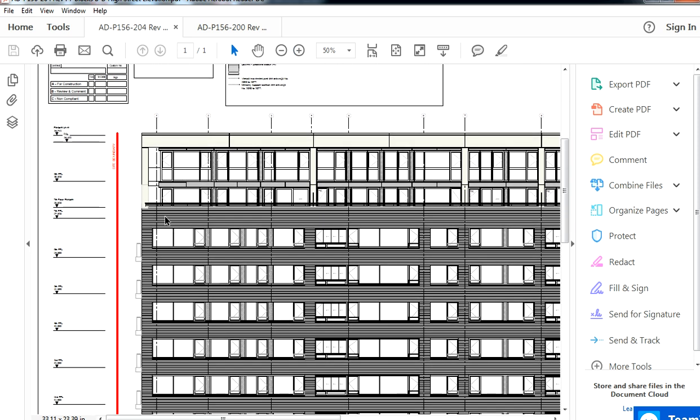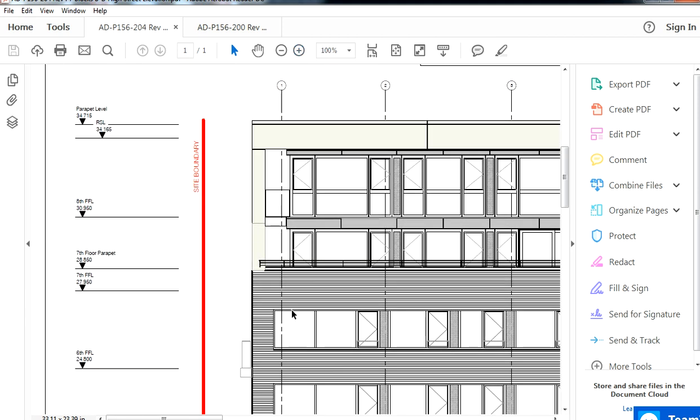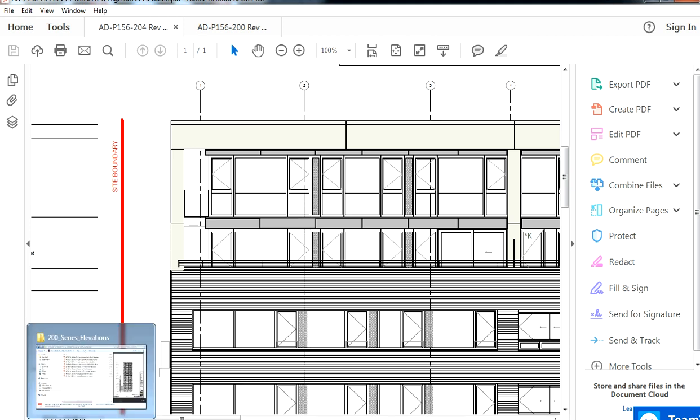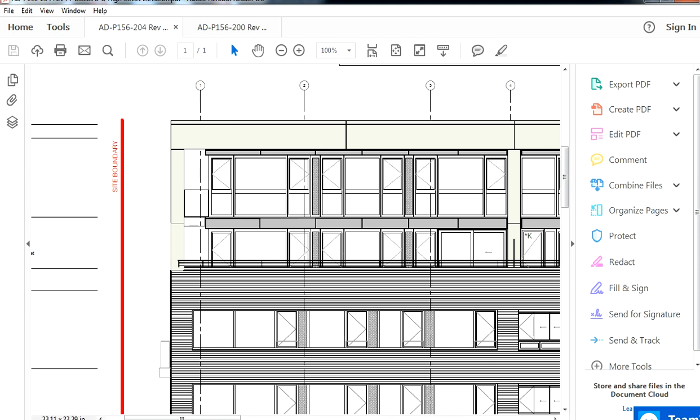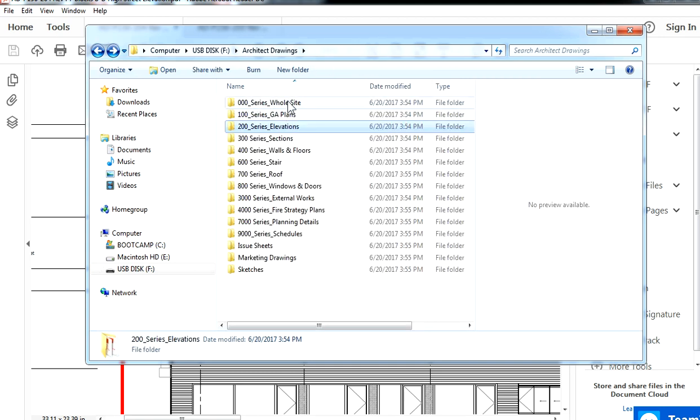And you could tell that it's probably got a timber wood cladding type system on this elevation. If you look at the detail properly, it is. And on this elevation, you've got 8 floors. So what we're going to do is look at the site boundary as well. So it will give us an idea of what locations and how we also sequence it based on the overall site plan. So I'll go back to the site plan